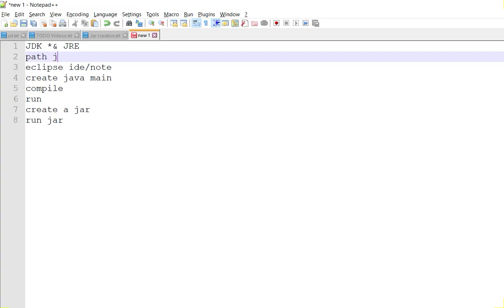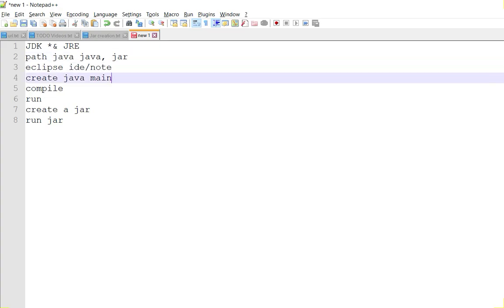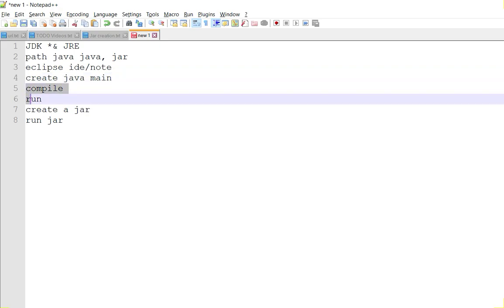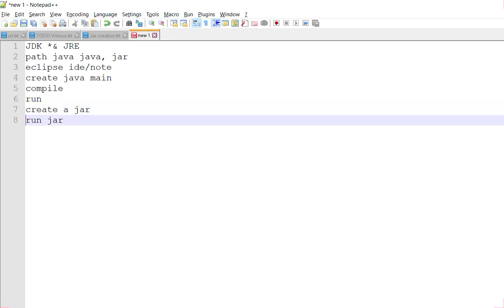In Eclipse we created a small hello world program and compiled it. After compiling, I ran the class file. Also, I created a jar file with the entry point, and I ran the executable jar. You have seen the output as well, the swing pop-up too. So hope you understood end-to-end how to create a jar file in the command prompt.